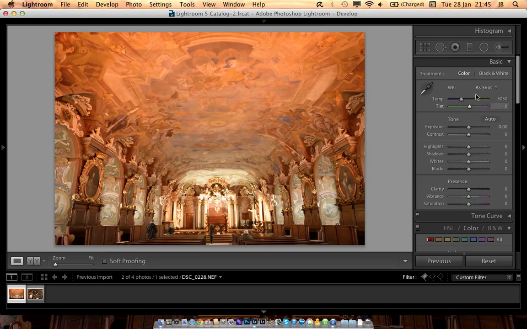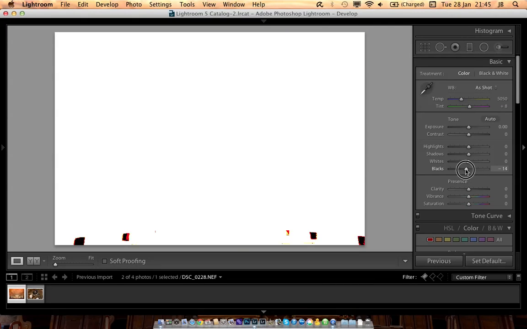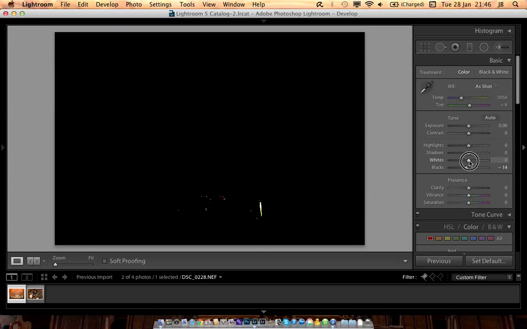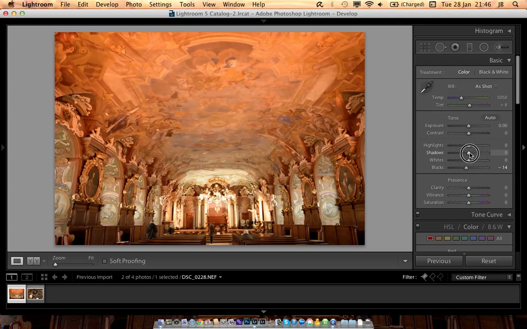Okay, the last part from the very beginning will be the basic module, and the same here with the blacks and whites. Just hold the Alt key and move the slider, just to show the Lightroom blacks and whites, what is black, what is white, so it works better. Okay, let's open up a little shadows a little bit here, down the highlights. Highly suggest to use the vibrance rather than saturation,